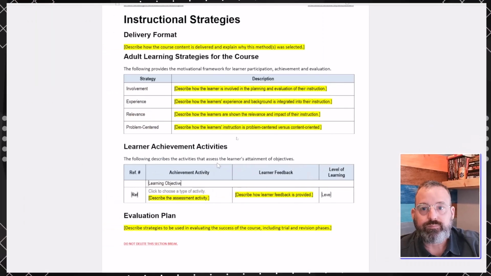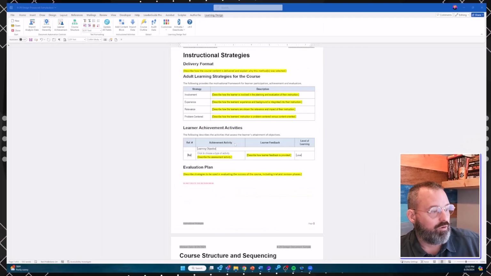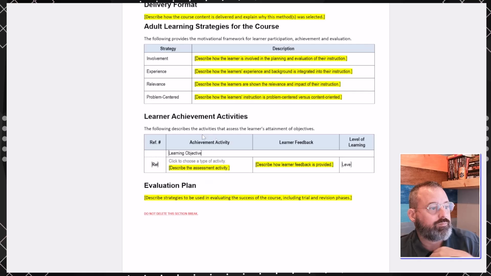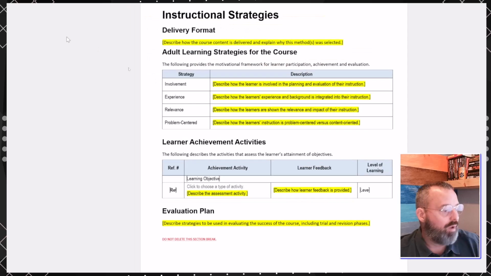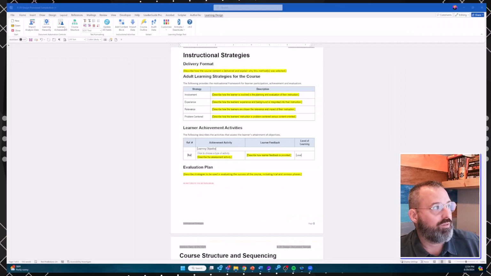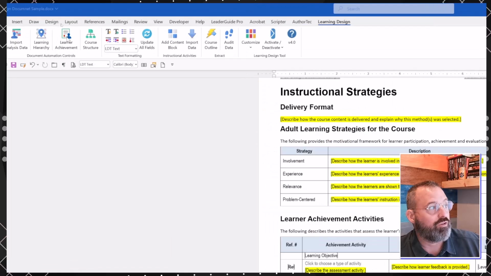So using the Learning Design tool, let me come back over here. All right, so if we look at our learner achievements, the following describes the activities that assess the learner's attainment of the objectives. Again, we could just start typing this all out, but ideally, we want to come over to the document automations. If we go up here to learner achievements,